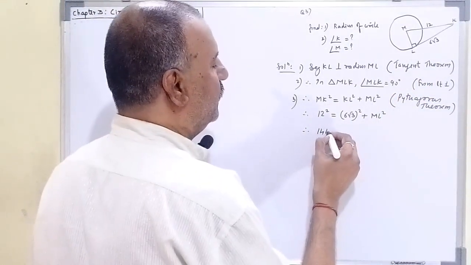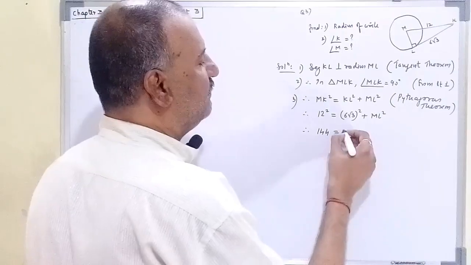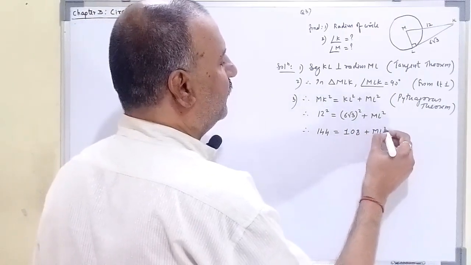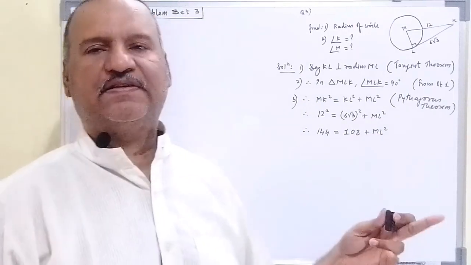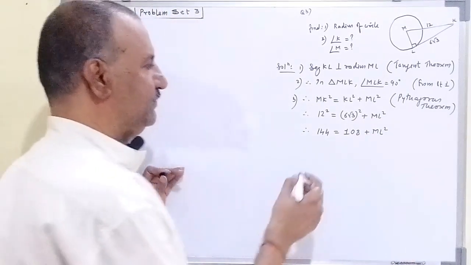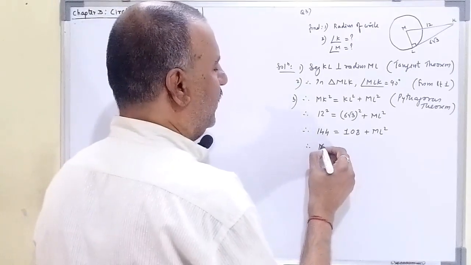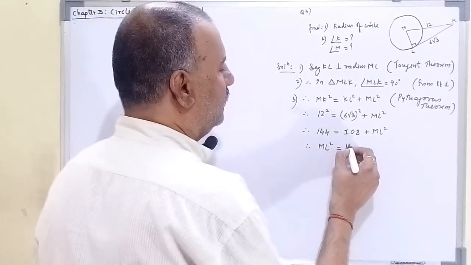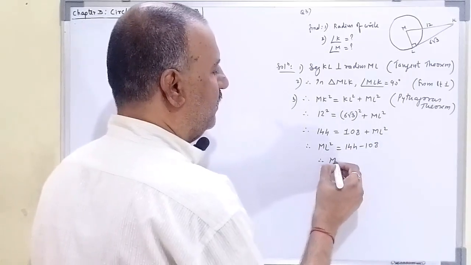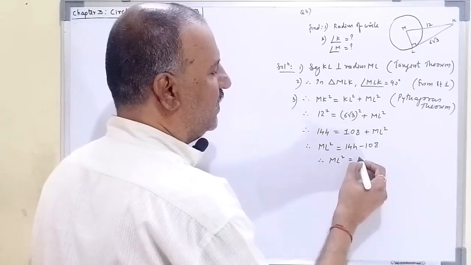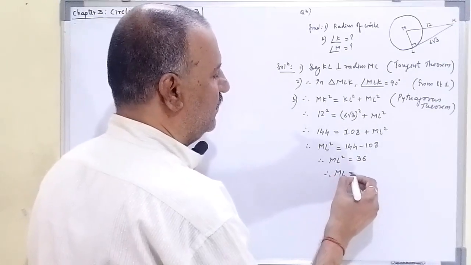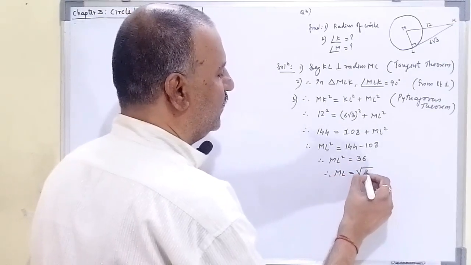So 144, 36 3s are 108. 6 into 36, 36 into 3, 108. Therefore, ML square equal to 144 minus 108, which is 36. So, ML will be square root of 36,